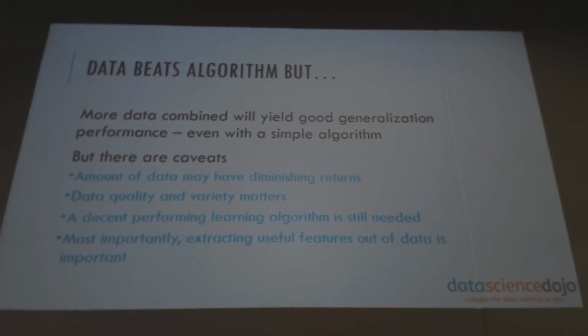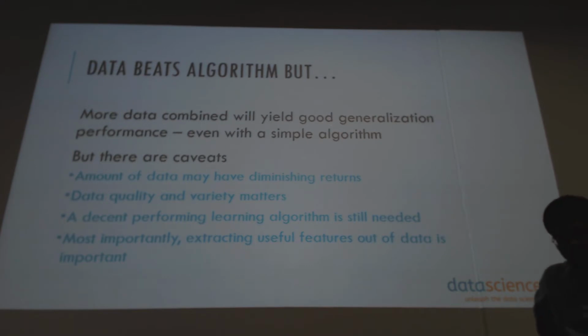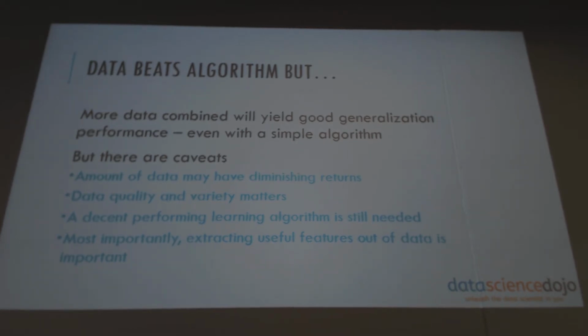Depending upon how much data you have, eventually the returns from data are going to diminish. Also, data quality and variety matter. So if you're training a search ranking algorithm, and the data that's going in has a lot of bots, a lot of automated traffic,